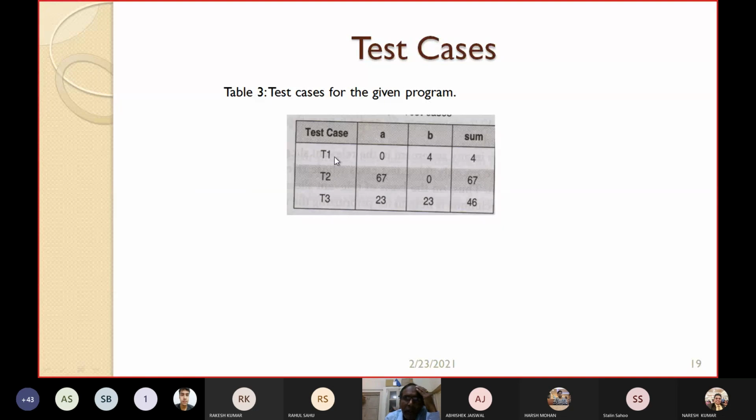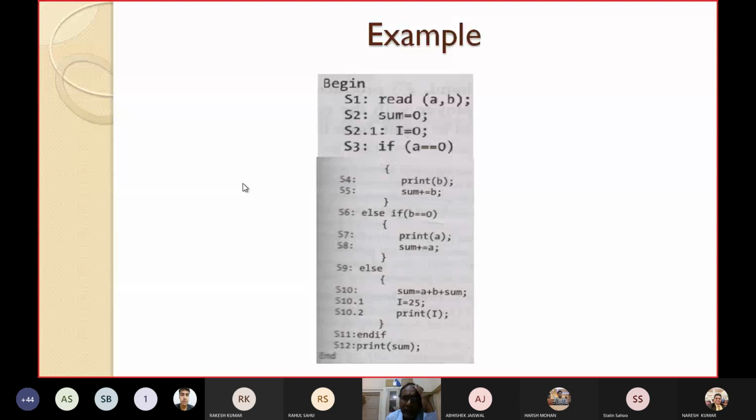So these test cases we have taken, S3 or the last one you may consider T3. In this case, what happened? The statements S3 and S6 are not executed. Which one is executed? The else part, because they are non-zero. So S3 and S6 have not affected the output, but they have the potential.